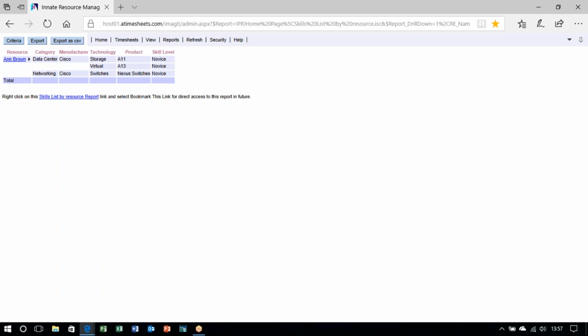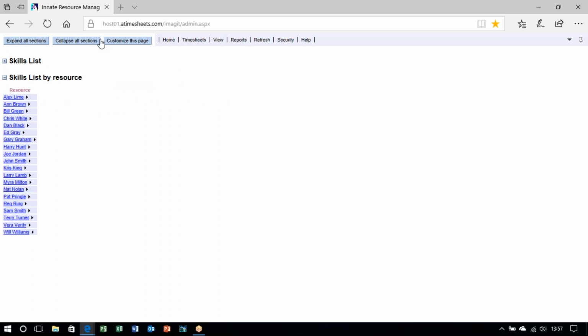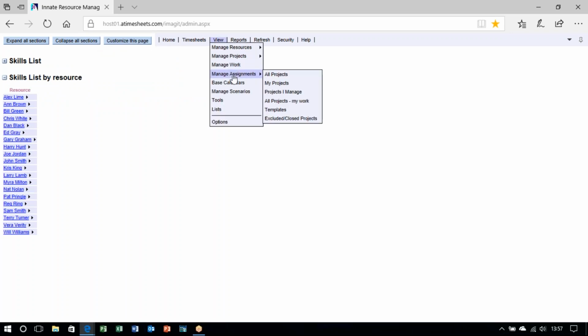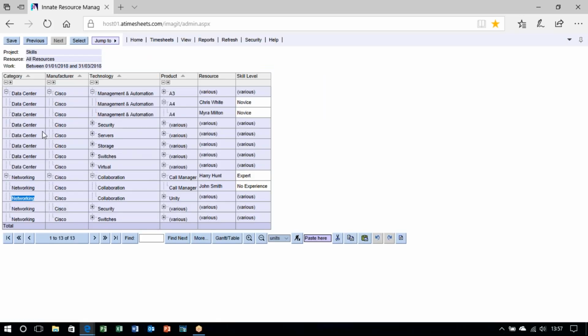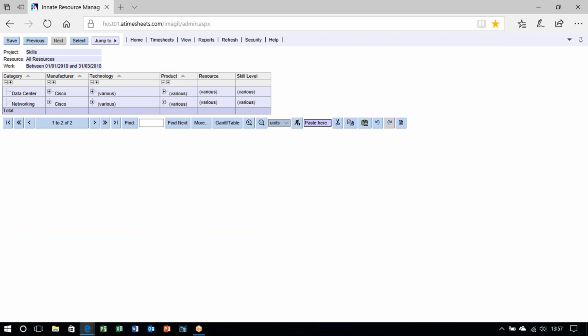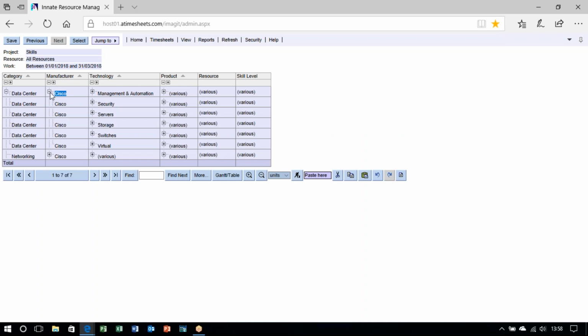Now, enabling this is a simple table that enables us to put in and maintain information about this. We'll pick that table up now. What I'm showing here is a list of what we've just been taking a look at. So we've got the data center and the networking. If I look at the data center here, which is some stuff that I've picked up from the Cisco site,